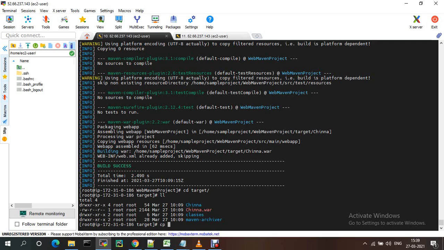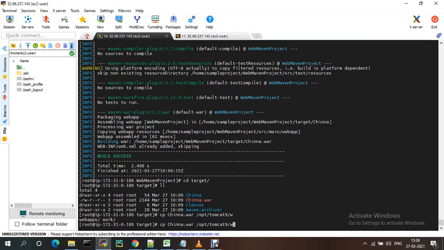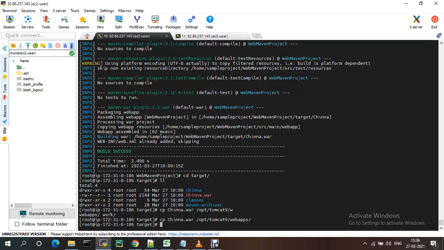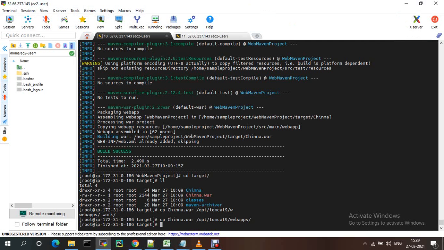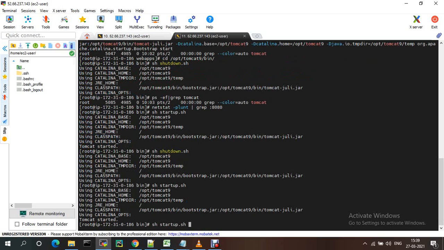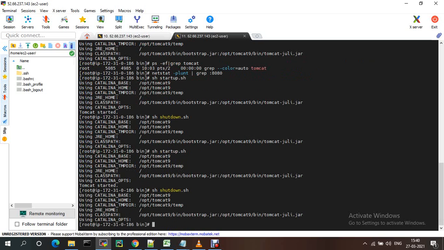Same, you just need to copy that one. Copy the chinna.war file to opt tomcat 9, under webapps. Then just stop the Tomcat and start the Tomcat.